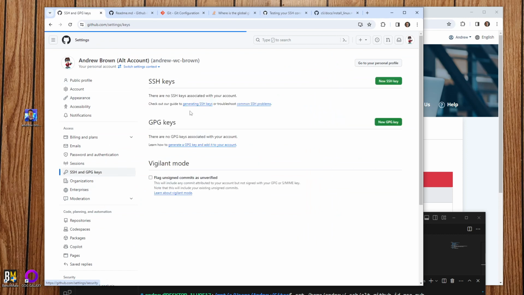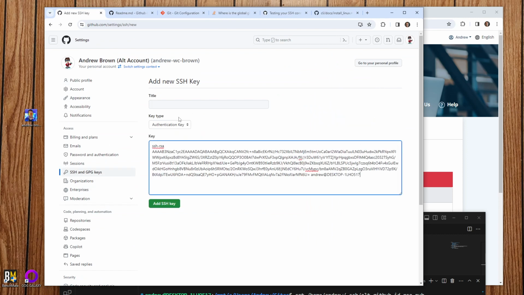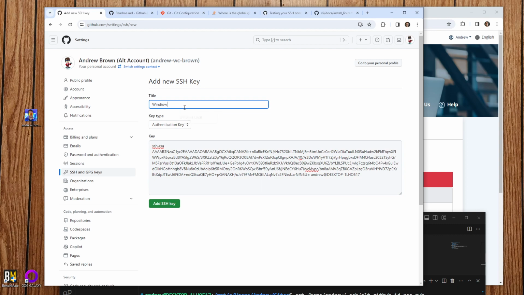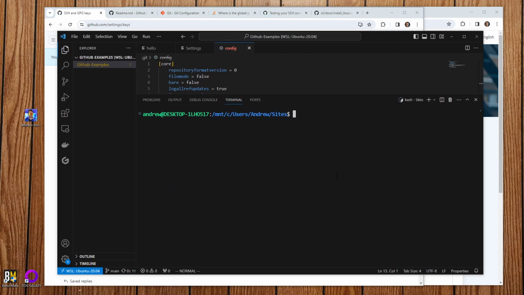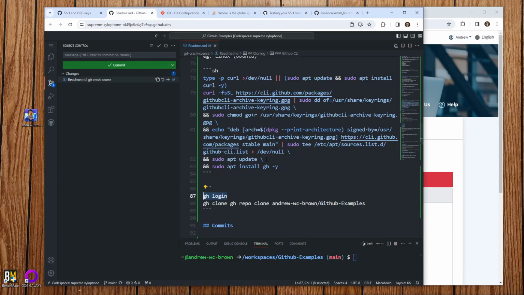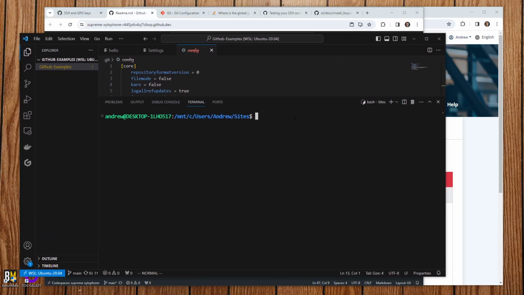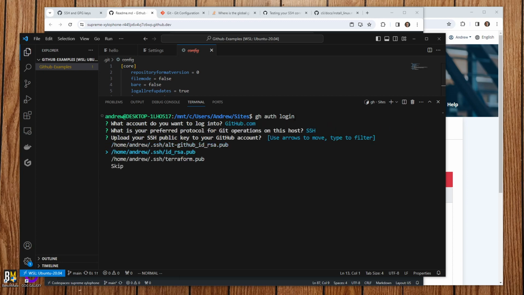We're going to go down to here. We're going to add that SSH key, Windows local. Okay. And then I'm going to go back over to here. We'll type in clear. I want to just update the docs so that it says auth here. We'll save that. We'll bring this back up. We'll type in clear. And I want to do GH auth login. And we'll log in with GitHub, we'll use SSH, and we'll tell it which key to use, which is pretty cool. And the title for your SSH key,